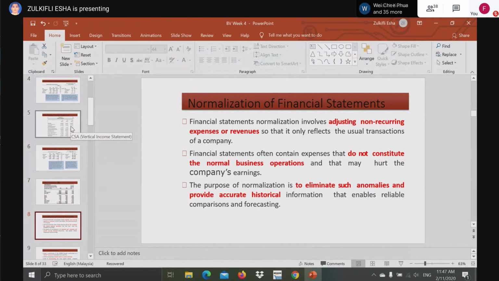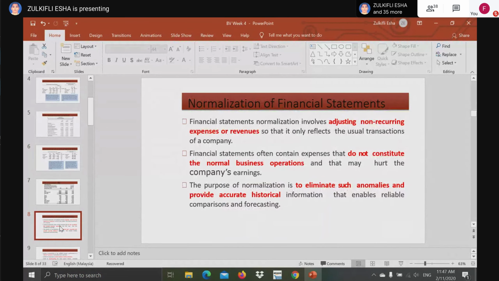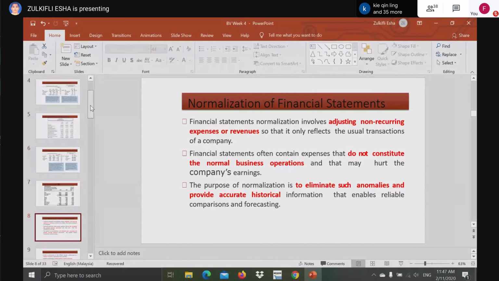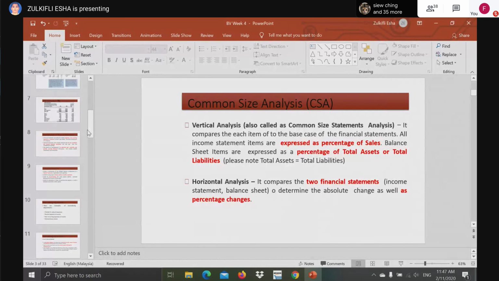So after you have conducted or computed all the CSA analysis horizontally and vertically, then you may need to do some normalization of financial statements. CSA stands for apa tadi? CSA apa? Common size analysis. So after you have done your common size analysis for the past 3 or 5 years, horizontally and vertically, at the end of the exercise, you may need to do some normalization of your